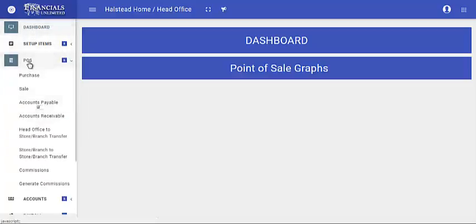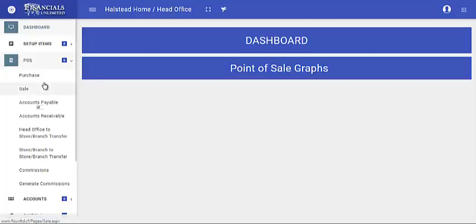Point of sale is specially designed for tracking your inventory day to day, whatever inventory you purchase and whatever sale you make, so that you can easily figure out how much you purchased during a particular time period, how much sale you have made, and how much is left with you in your store or branch or in your overall business.